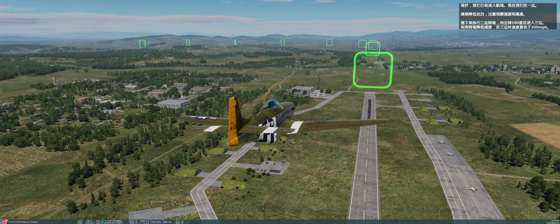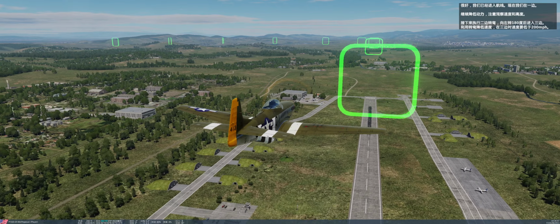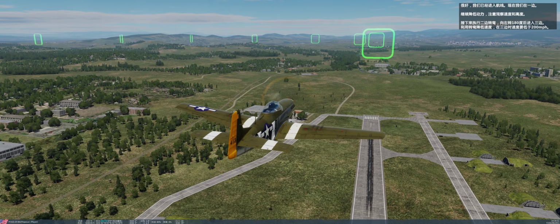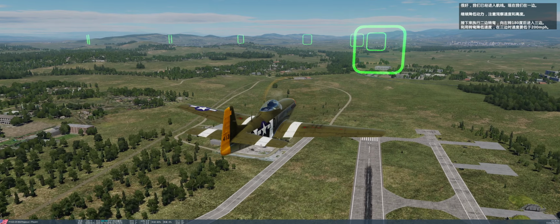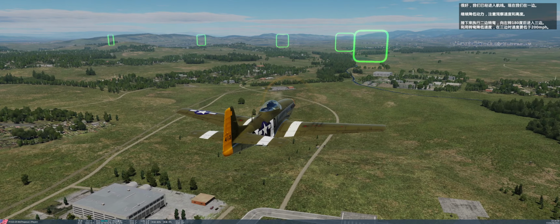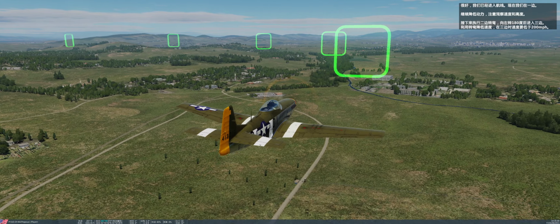Good job, Richard. You are now on the upwind leg. Keep the power down and monitor the airspeed. The next leg is the downwind leg. Take your altitude back to 1,000 feet. Reduce your airspeed so that you're below 200 mph from the